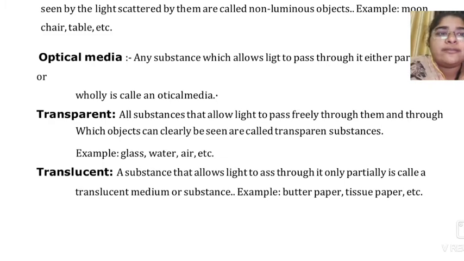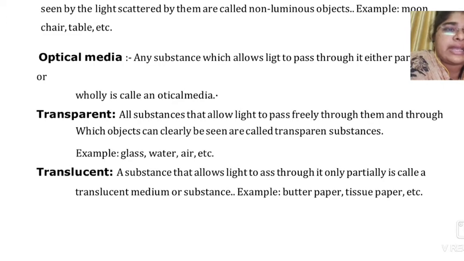always see from one side to another through the layer of air, but sometimes dust particles are present in the air, so at that time we cannot see any object clearly. So dirty air is not a transparent object. Okay, student, do you remember the definition of a transparent object? Now again we revise: all the substances that allow light to pass freely through them and